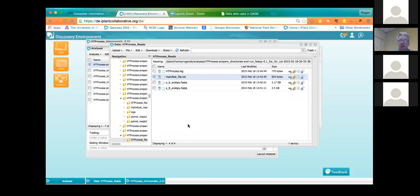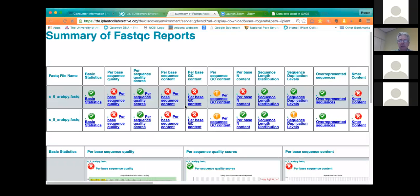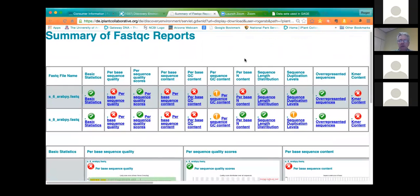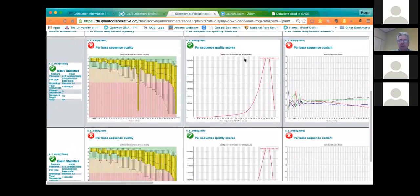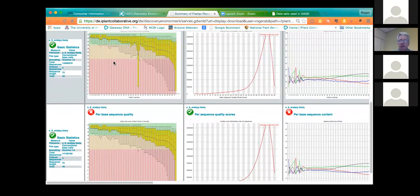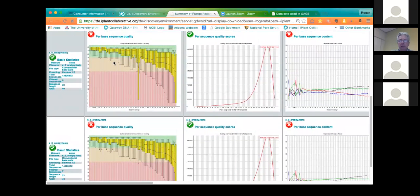And the other thing I wanted to point out here in this particular set of reads, and you may notice that this was a different set of reads. This is some of my own data from a number of years ago. I'm showing you my data just so that you understand. We all have problems with our data, and you can see I had problems with these data. And you sometimes see odd things like this, where the quality drops out at one step along the sequencing process. That it doesn't destroy the value of the reads necessarily, but you do have to consider what kind